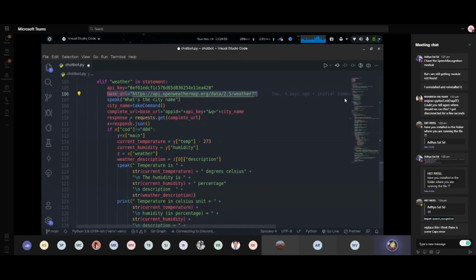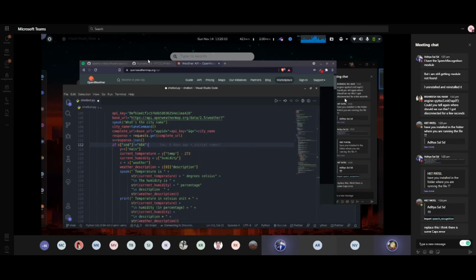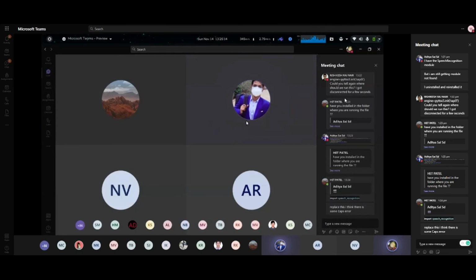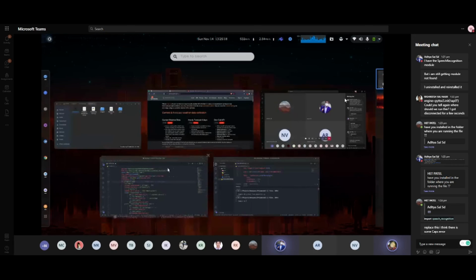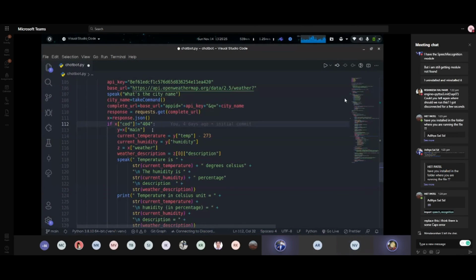Next it will ask you what is the city name you want to look for. I can give it Chennai, Bhubaneswar, whatever. Should we also generate our own API key? This API key I have sent you will work, but yes, you can generate your own API key. Obviously it has a limit up to how many days it can work. I don't really know the limit, but yeah, you can use this.